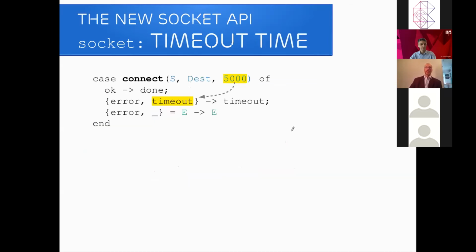So here we have a simple timeout. We set a timeout for 5 seconds and may get an error timeout return. With this construct, we cannot do something while waiting. We cannot receive a message. We cannot regret that we are waiting. We are stuck here for 5 seconds.